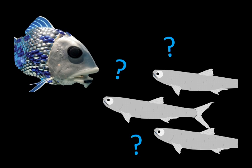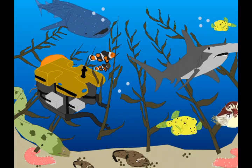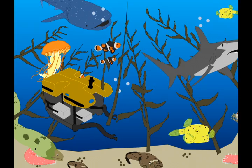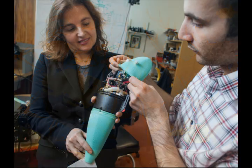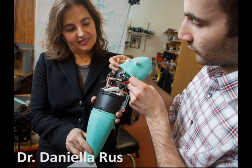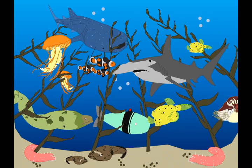Fish swimming is also a great model for swimming robots. Most swimming drones we have today are stiff and can be dangerous to the surrounding environment. Since fish are flexible and much more adaptable, Dr. Daniela Rus's lab at MIT created a soft fish robot that can swim and explore almost like an actual fish. Robots like this one could help scientists explore the small and sometimes fragile environments in the ocean without being noticed